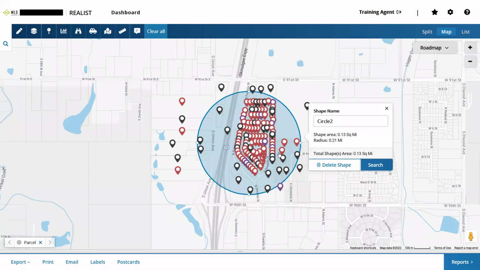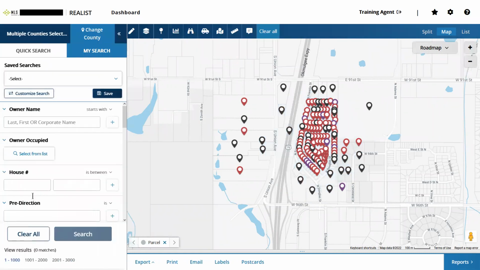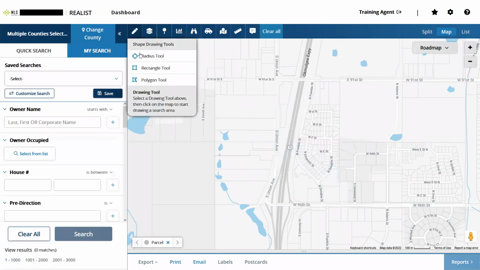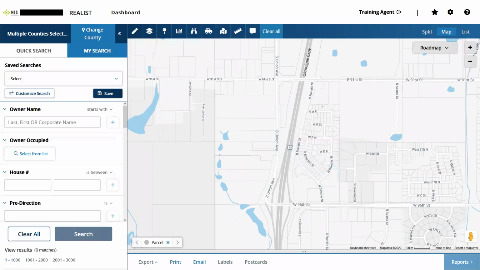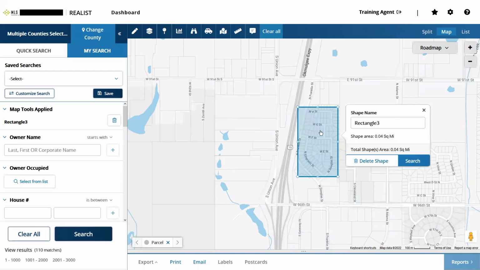It's grabbing a bunch of stuff to the east and south. This is not what I'm interested in. I wanted just this area right here. If it had a subdivision name, I could search for it by that. But if I'm wanting to make sure that I'm finding anything and everything, hit clear all so I can start over from scratch. I'm actually going to use this rectangle tool, and we're just going to draw right here. There we go. So this is going to be a little bit more narrowed search focused. So this time when I run my search,